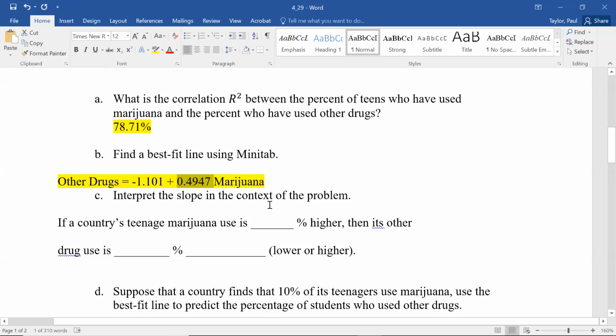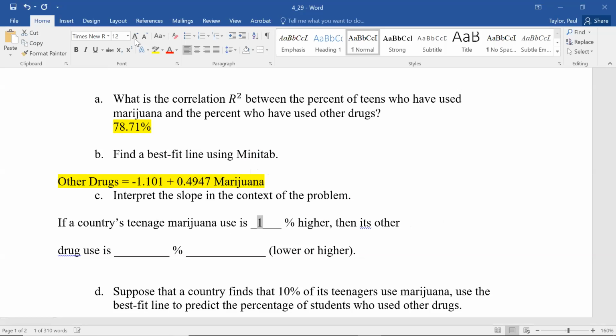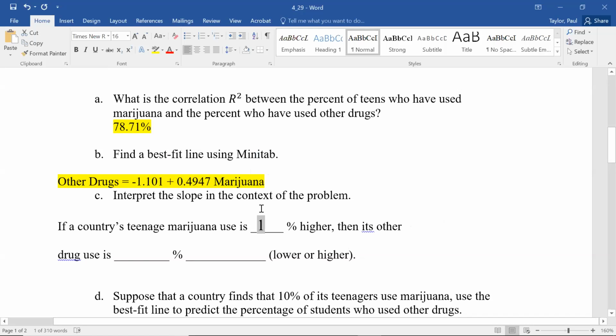I think of if you take one step to the right, how much do you go up on the graph? So if you go one step to the right, go up 1 on the marijuana axis, how much do you go up on the other drugs axis? You go up 0.4947. And if there was a negative here, I guess you would go down by the slope, but it's a positive. So my interpretation here is if marijuana use is 1% higher, marijuana goes up by 1,